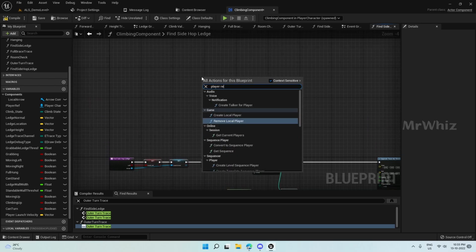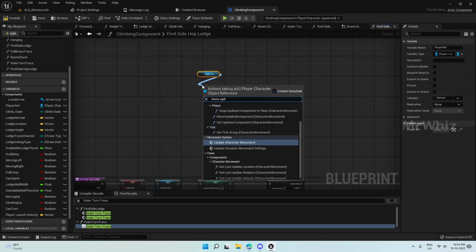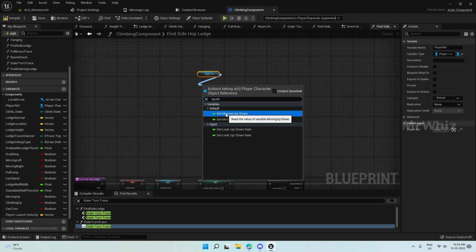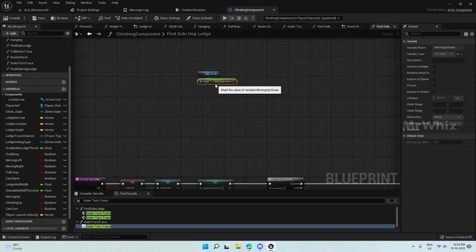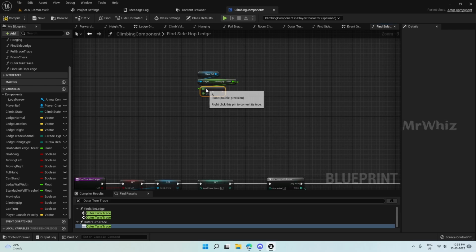Get the player ref, move up, get moving up down. So when we press the up arrow along with the right or left button, it should trace accordingly. So if this is less than 0,